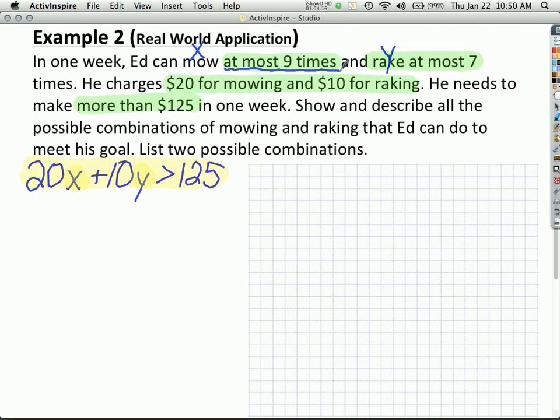What would you write to represent just this? Oh, I'm sorry, I forgot one. You got it all right there. What would we write? I did warn you it was a bit of a process this first time, but now we're at the critical point. Emily? So we need that. What's going to go right there, Isabella? X, and that's it. X must be less than or equal to 9 because mowing is now X because of this.